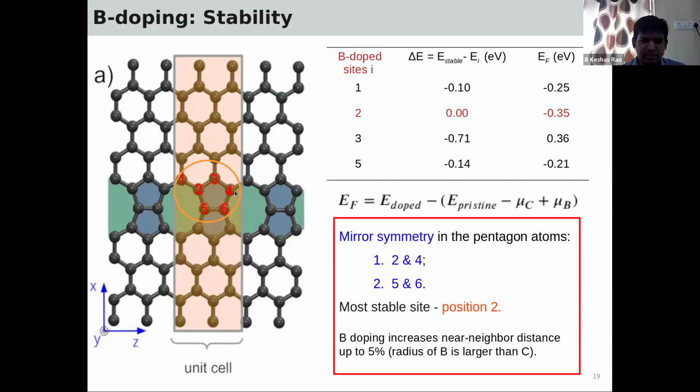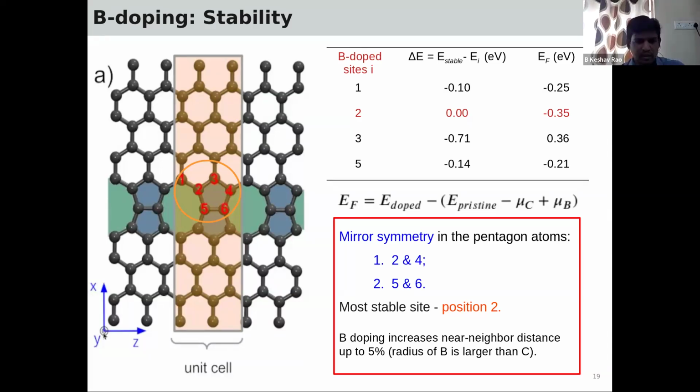There is mirror symmetry, which means the same kind of approximately equal energy is obtained. Hence 2 is shown there, 4 is not shown here, 5 is given here, and 6 is not shown here, because approximately the same nature was obtained. And this is the equation for formation energy. It must be smaller for a more stable